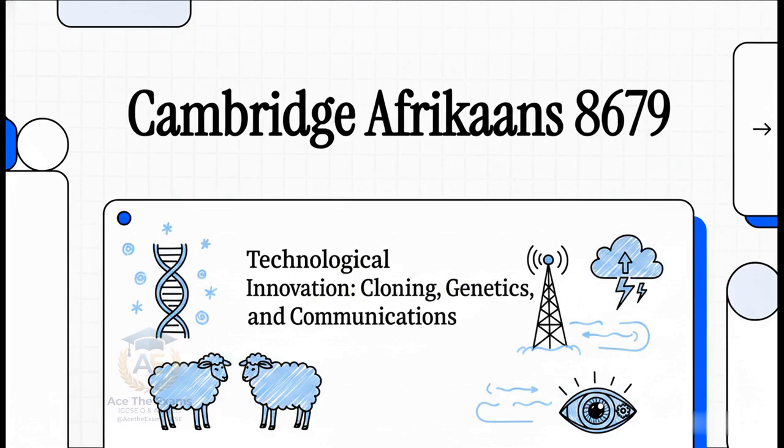technological innovation. This massive topic area encompasses everything from the ethics of cloning and genetics to the infrastructure of global communications. It is an absolute beast of a topic. This precise intersection of advanced scientific concepts and rigorous language assessment literally trips up thousands of candidates globally every single year. To help us navigate this today, I want you to imagine two classic candidate profiles we see all the time. Let's call them Alex and Sam.